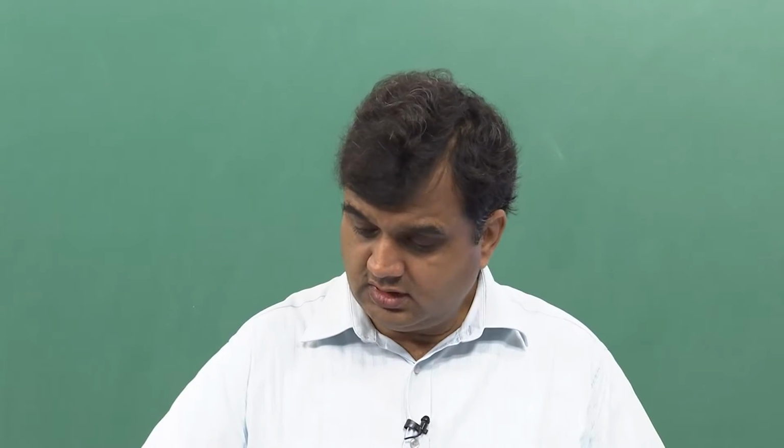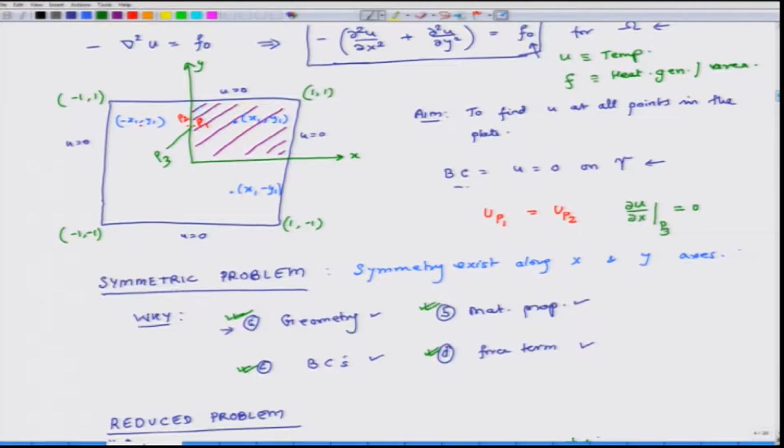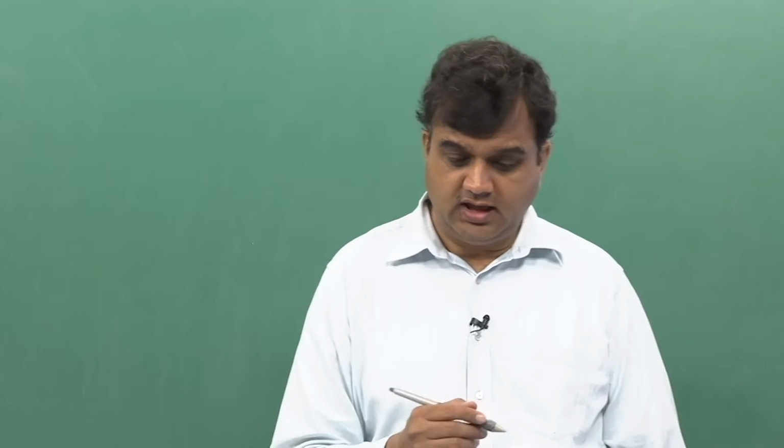So, the problem we will solve is still identically the same, which is that we have a plate where we are having heat conduction, u is 0 on all the 4 sides and the coordinate system is located at the center of the plate. The size of the plate is 2 by 2 and we have symmetry of geometry, symmetry of material properties, symmetry of boundary conditions and symmetry of the force term. And because of this we had said that the problem is symmetric along the x axis as well as the y axis. But there is one more plane along which it is symmetric, and what is that plane?